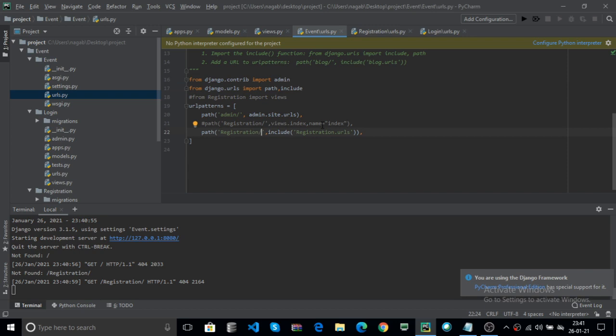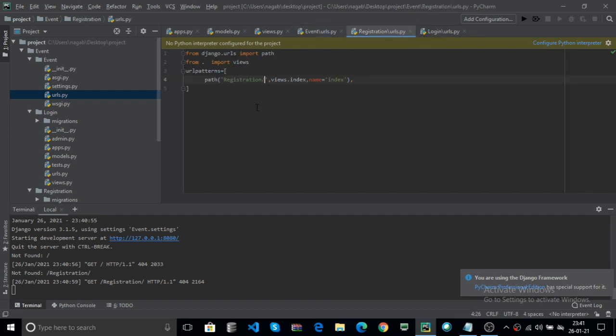Here your registration url includes all of your registration dot urls, that is fine. Here include, okay. Here you can specify the path registration. I think it is a problem.